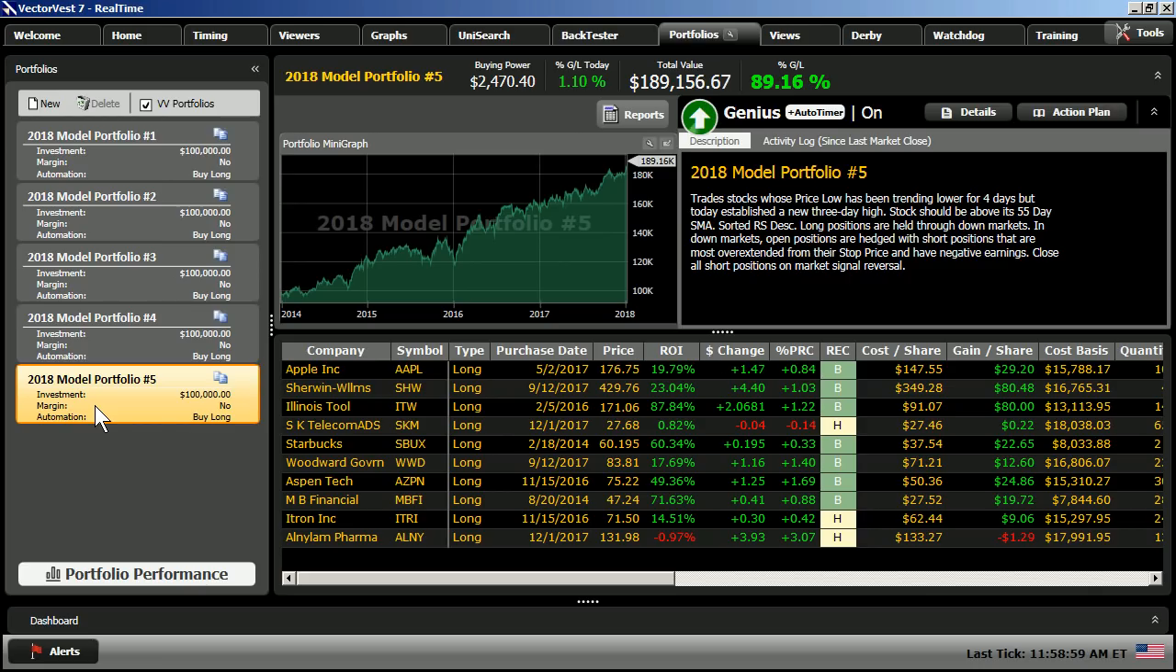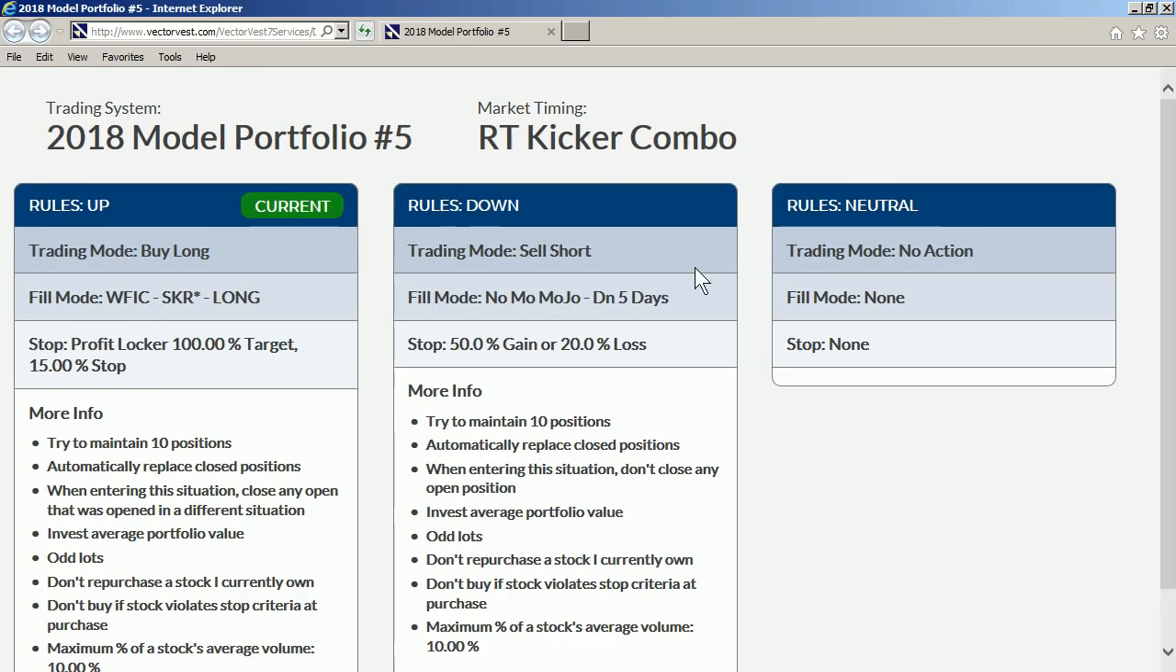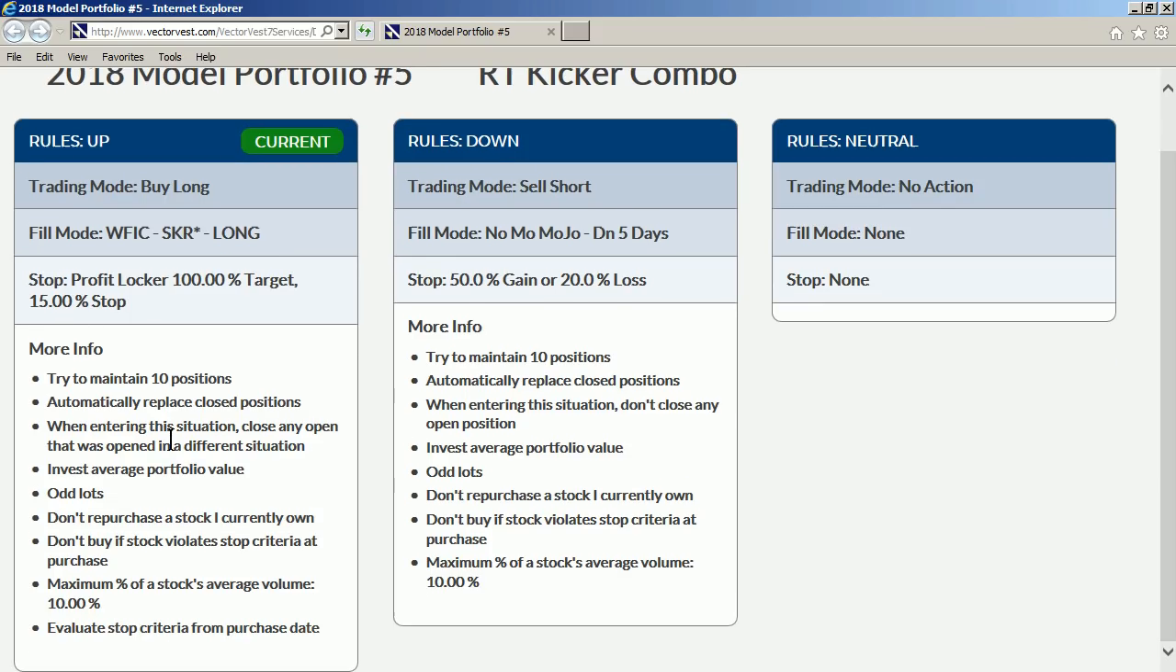And so again, looking at the details, we see we're tracking the RT Kicker combo timing signal. We're using another Worry-Free Investing Challenge winner, SKR, using our profit locker stops again with 100% target gain and a 15% stop loss. These are 10 stock portfolios that are hedged, and we're using our default settings for our trading